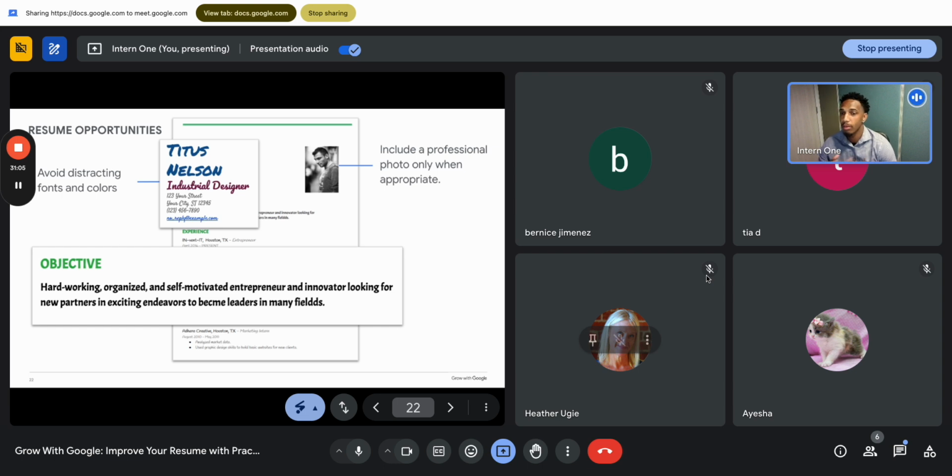Also, you want to keep in mind, depending on your geographical location and the type of job you're applying for, a photo might work for the resume. But if you're going to use a photo, make sure it's an appropriate photo and that it's professional. Also, make sure that it's legible and you can actually see it okay. As you see, Titus's photo is a little blurry, which is not good. If you're going to add a photo, which you don't have to most of the time, but if you are going to, make sure it's a good, nice, professional photo. Also,